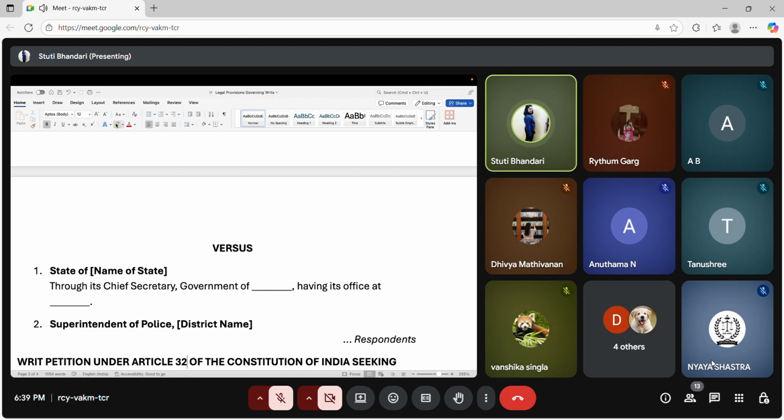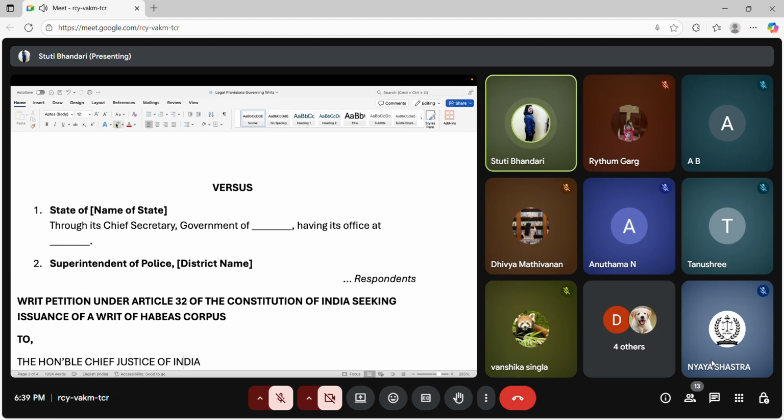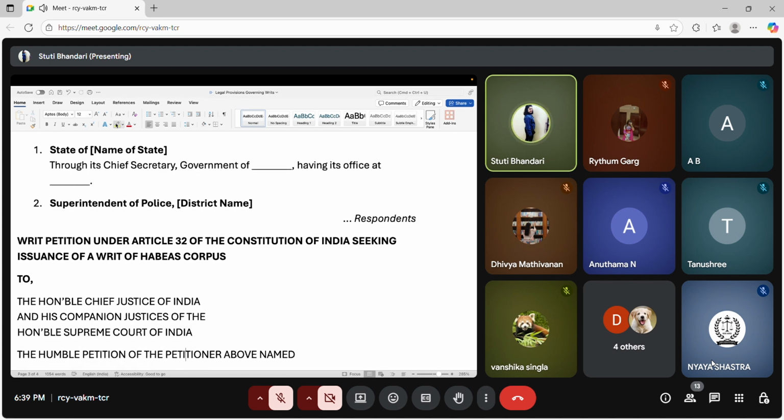So here you will write that, plus the Superintendent of Police of wherever he has been detained. So against that SP, you will write the name of the district. Writ petition under Article 32 of the Constitution seeking issuance of a writ of habeas corpus. To the Honorable, see, as I told you, in the High Court and Supreme Court, you try to give them utmost respect. So you also annex such phrases like, to the Honorable Chief Justice of India and his companion Chief Justices